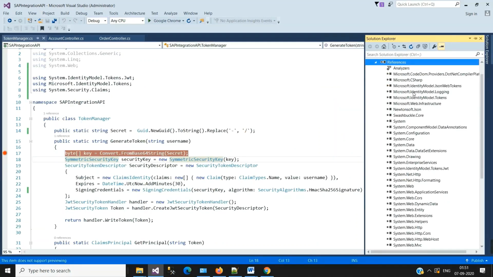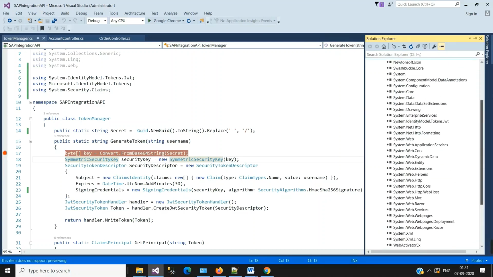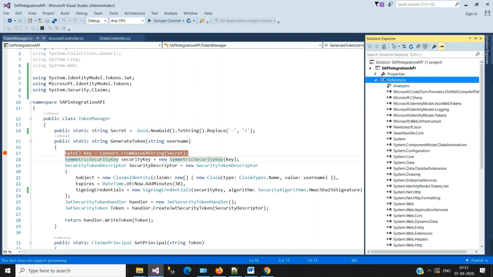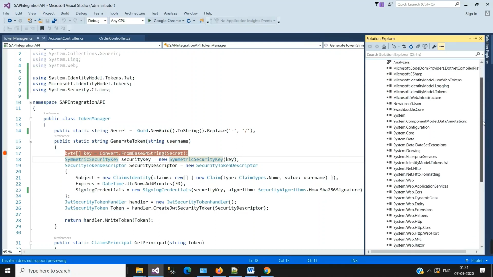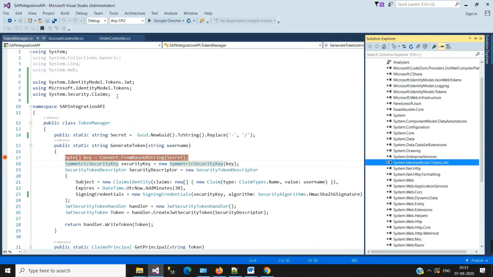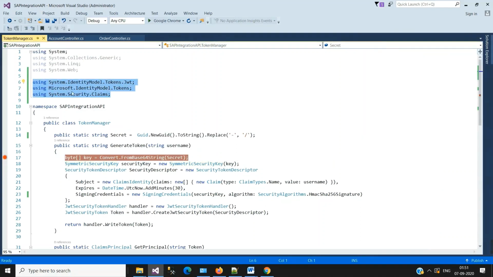Let me check it out. We can see these are added by default. Now let me give the references. So I have given the references here.